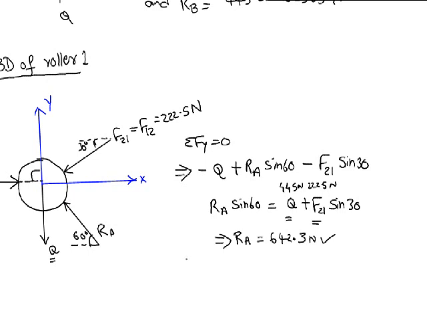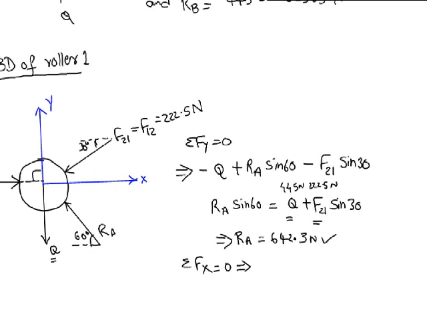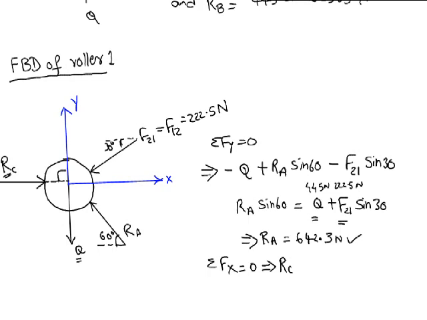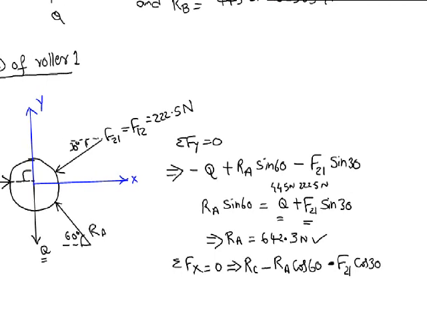And from sigma fx is equal to 0, that would mean you have RC, which is positive, okay, and then you have minus RA cos 60 degrees minus F21 cos 30 should be equal to 0, from which you can find RC is 513.82